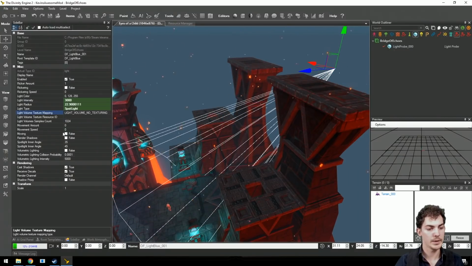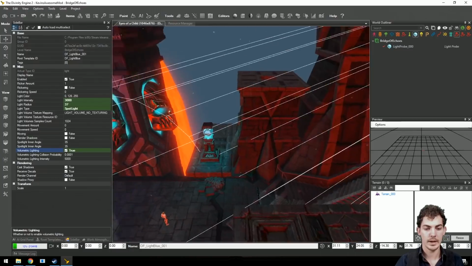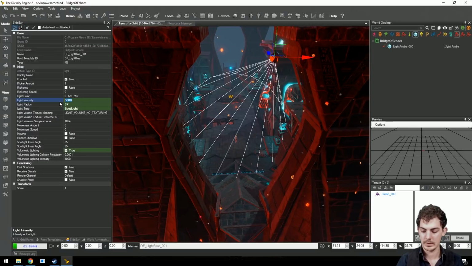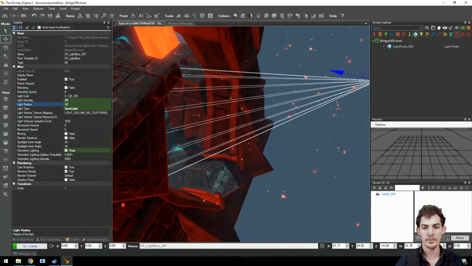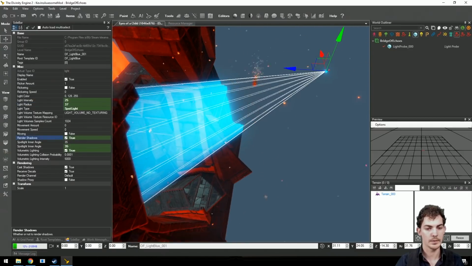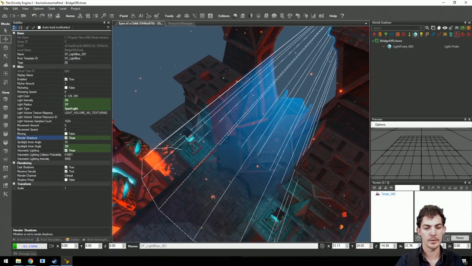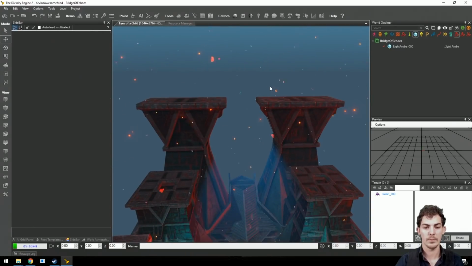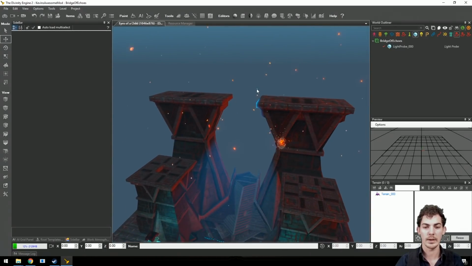And then you can put this on volumetric lighting, which is this, to have it actually look kind of good if you make the strength better. So 65, 25. Render shadows, there's the one. So now it actually renders the shadows around the light, and we'll make it a bit less strong because this is way too much. There we go. So now we have cool light coming from that side, and we'll copy that over to the other side as well